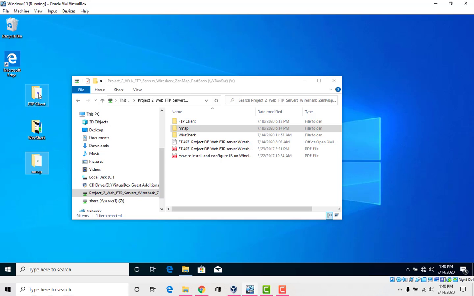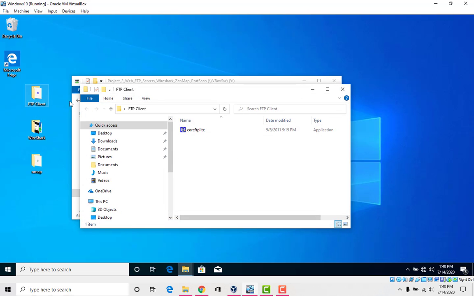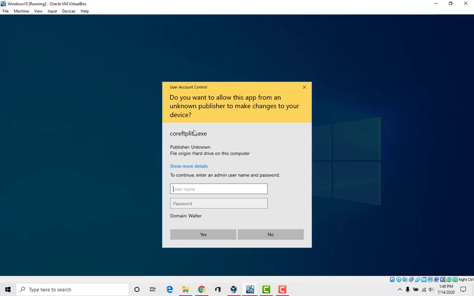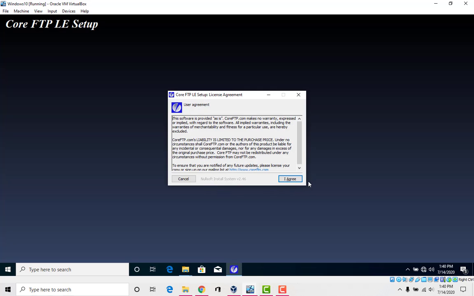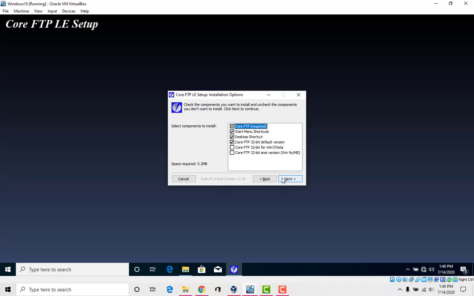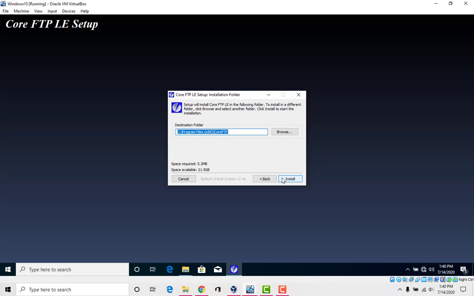Alright, I'm going to install the FTP client first. Double click, Core FTP. Remember, you have to put in your administrator password from the server, because the server is controlling your computer now. And it's our CSULB 1949, capital C. Just say agree, install.